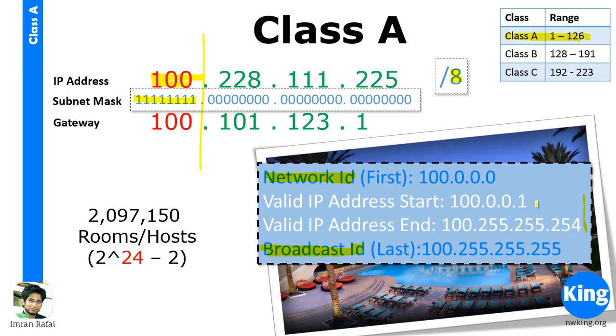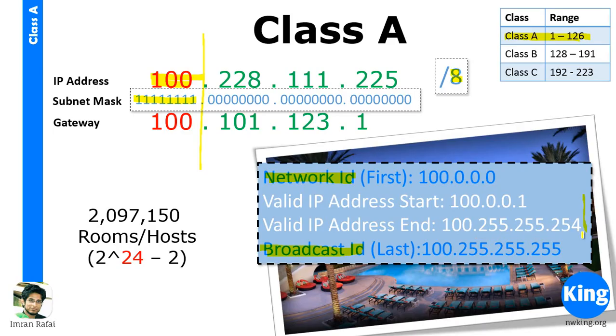100.255.255.254. So if you know it, the IP address will go from 100.0.0.1 to 0.2, 0.3, 0.4. It goes up to 0.255, and then it will carry over, so it will become 100.0.1.0, then it will become 1.1, 1.2, 1.3, 1.4, it will go up to 1.255. Again, 1 will get carried over, so it will become 2.0, 2.1, 2.2, 2.3, and goes on and on until it becomes